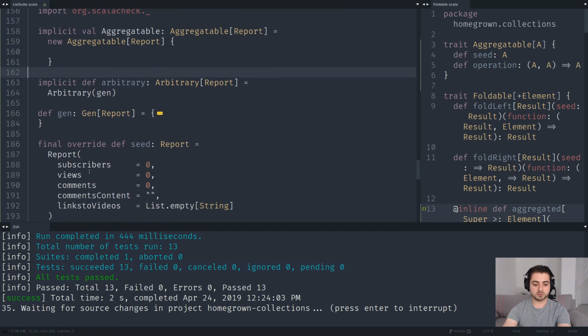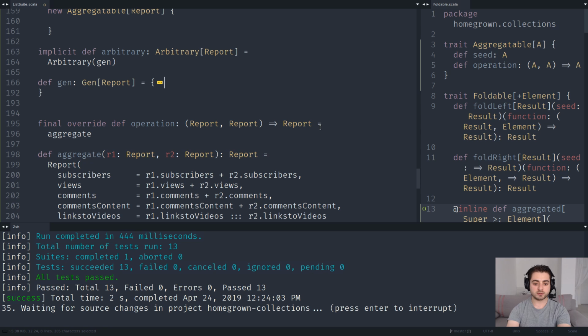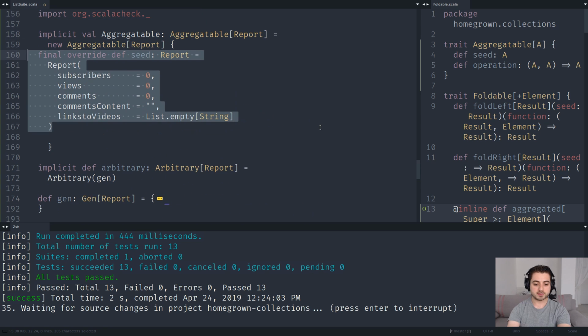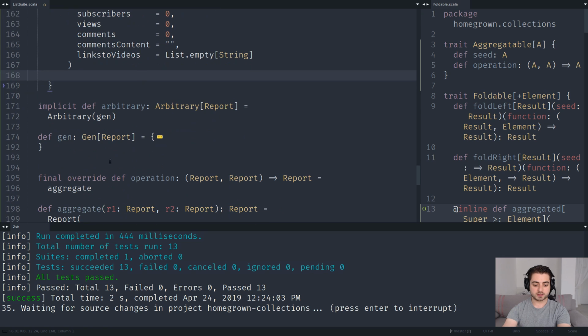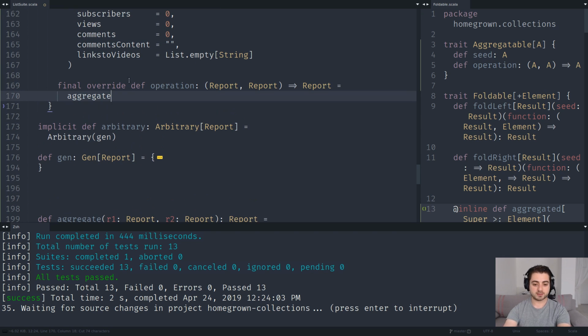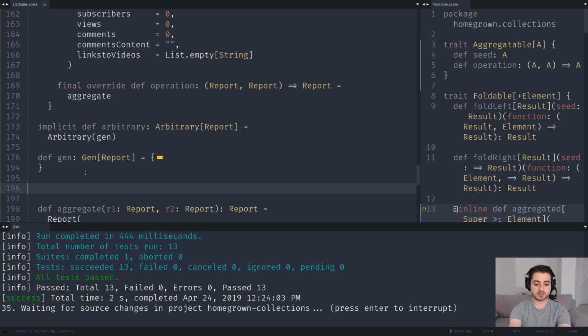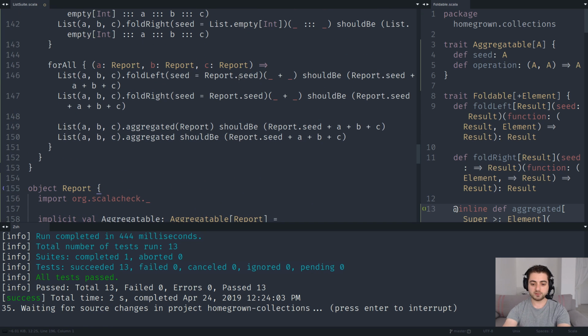Okay, so now we just need to move the seed over there. All right, so we're just going to move it, like this. There we go. The seed is now over here, and we also need to move the operation. So I'm going to cut it out and paste it over here. Now a few things are not going to compile. For example, we go into report.seed over here. So we're going to go to